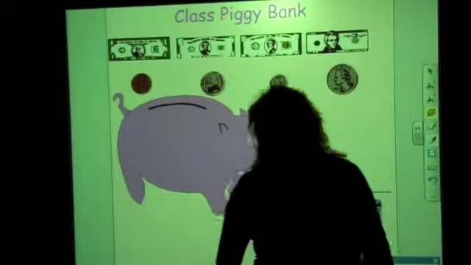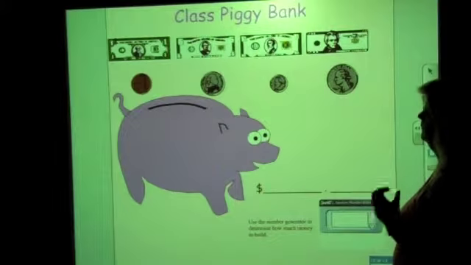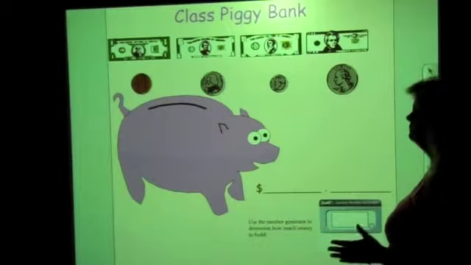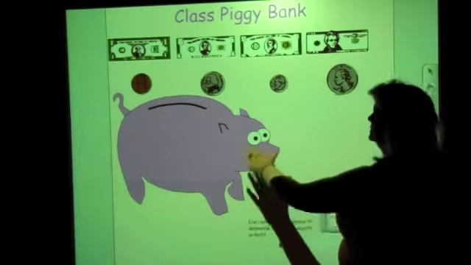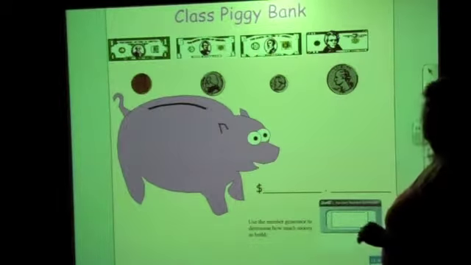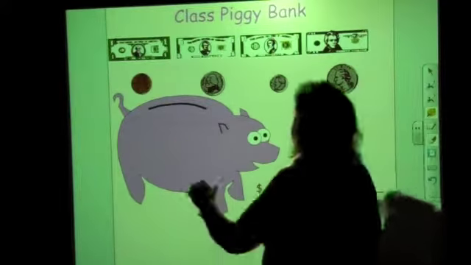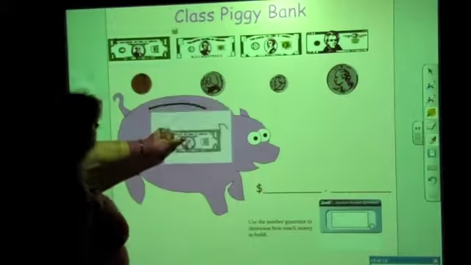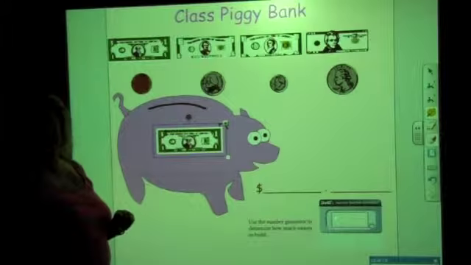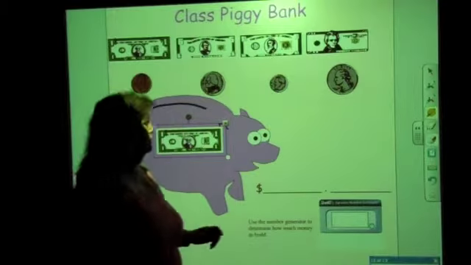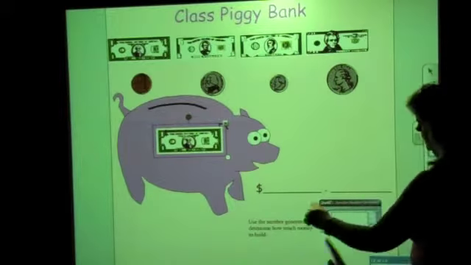Okay, this slide is really good for the concept of math because kids always love to save money in their piggy bank. So basically what we would do here is we could just slide the money down and ask how much money's in the bank. Okay, the student could either come up, they could write it in,